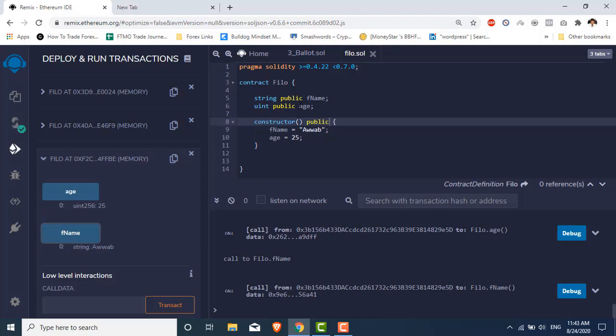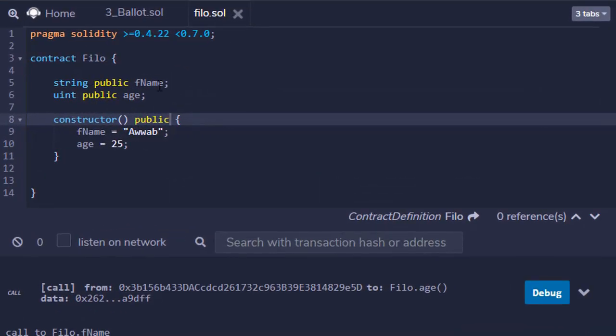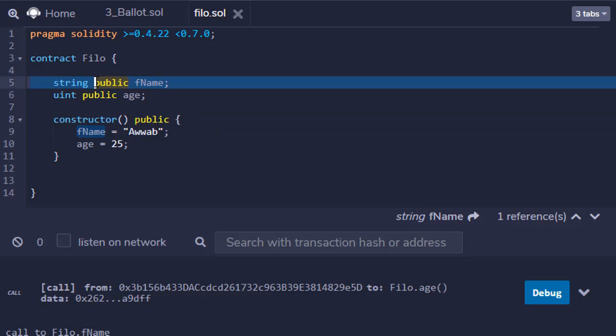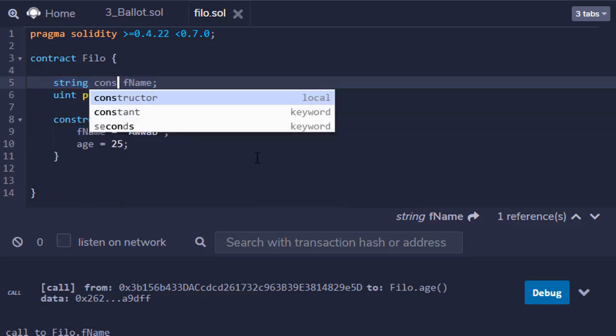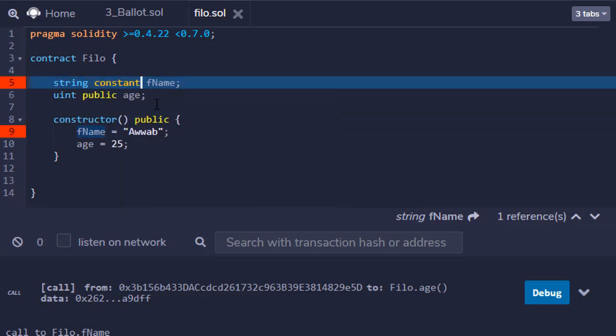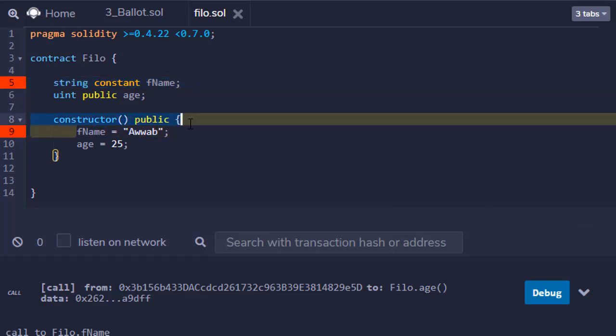Also there are types of variables which are constant. Constant means that it can never be changed, its value can never be changed. So let's create it. If I write public, I will change it to constant. This variable cannot be accessed outside, so it is showing me an error because it's constant and it cannot be changed here. So I am going to